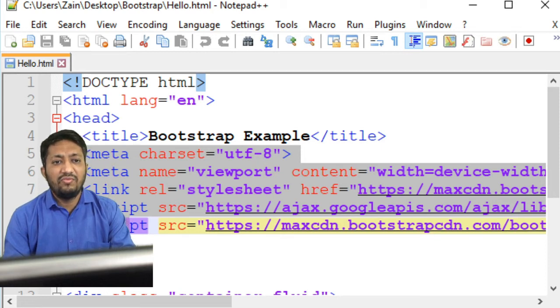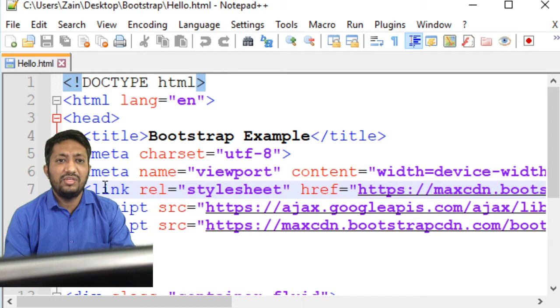This code is fixed if we are using the CDN concept, and every time you request this particular web page, this data will be fetched from this particular CDN online directly. It doesn't require you to write anything else. So this is the second way we can write a Bootstrap program, using CDN. Are all of you clear about this? Now we are moving to our hello world program part.